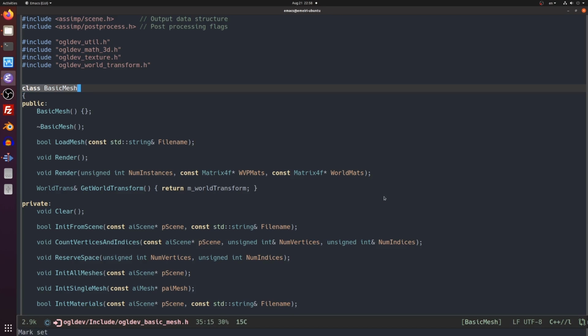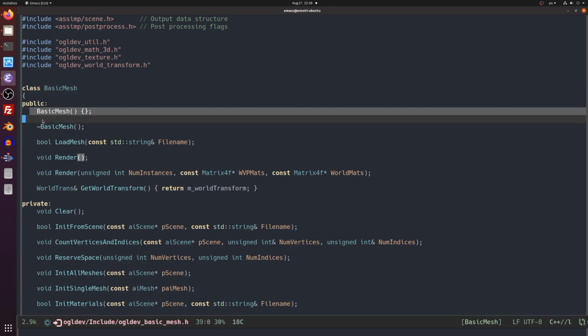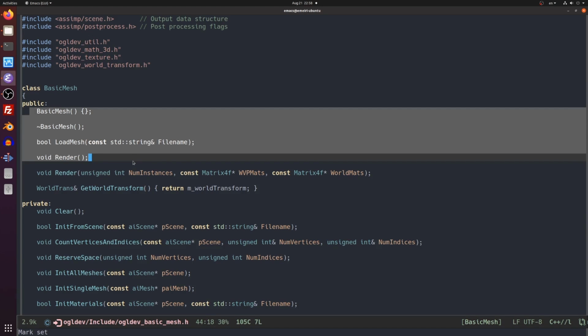Okay, so first I created a class called Basic Mesh that represents a model loaded using Assimp. This class is declared in OGL dev basicmesh.h in the include directory. We have several public and private functions here, as well as a few private variables. We'll revisit these items as we go through the class. Now let's go to the